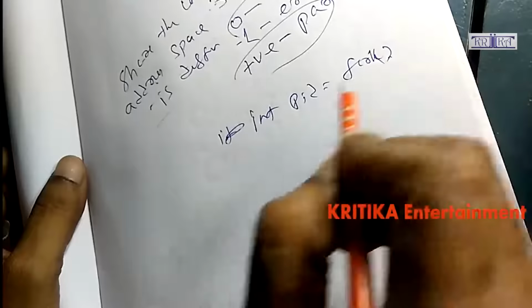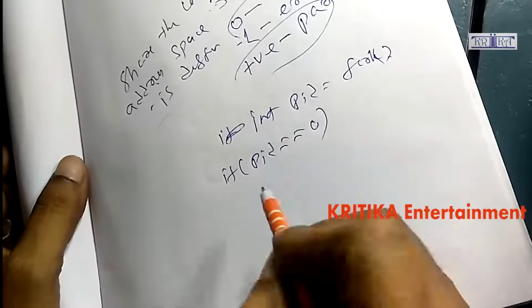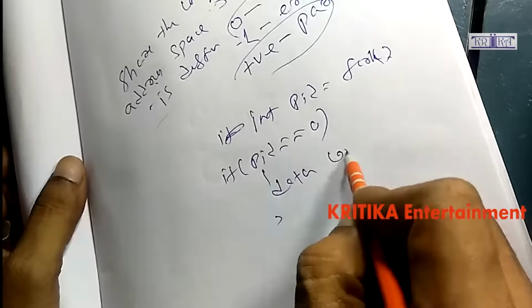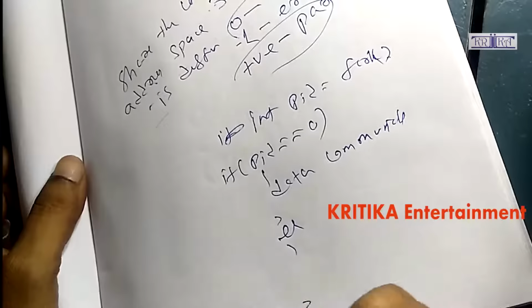Then if pid equals 0, here we will write the data communication code. Then else, here we will write the